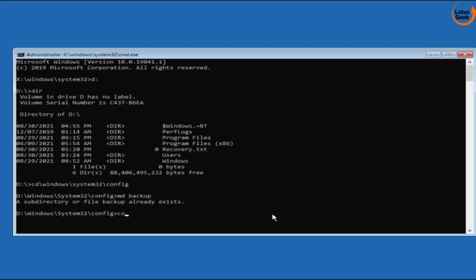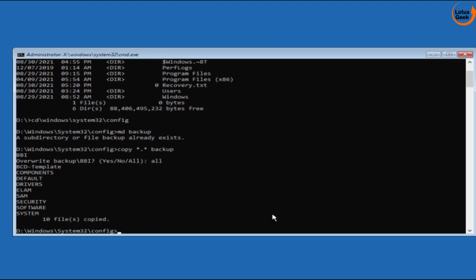Now type here copy space *.* space backup. Now hit the enter key. Now if it is asking you to overwrite, type all, else let it be. Now once you can see the 10 files are copied.